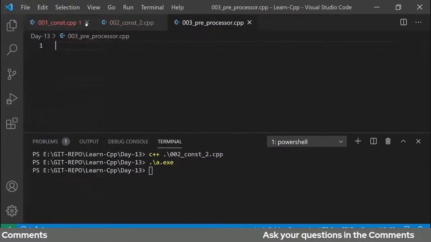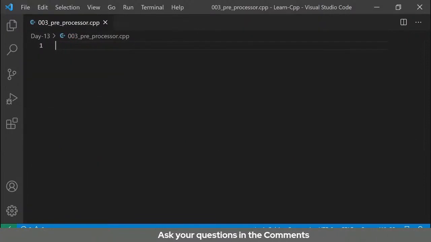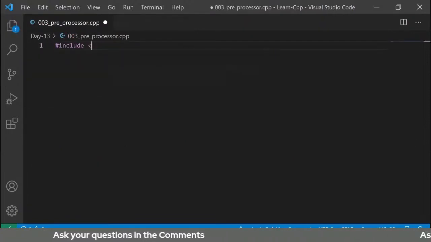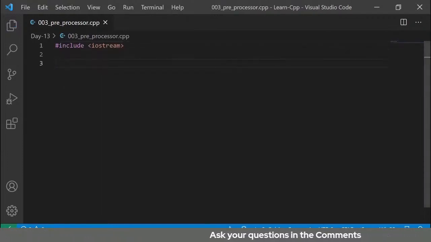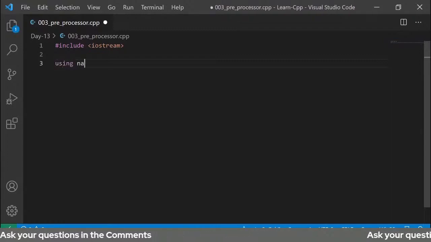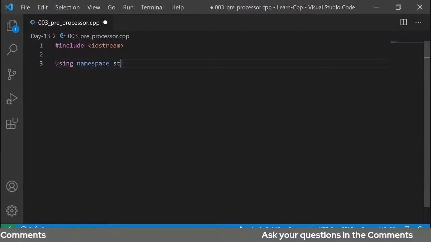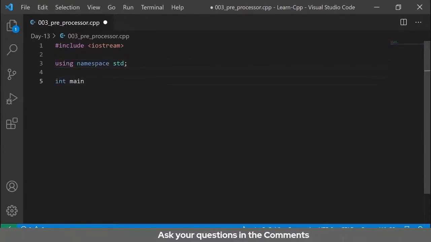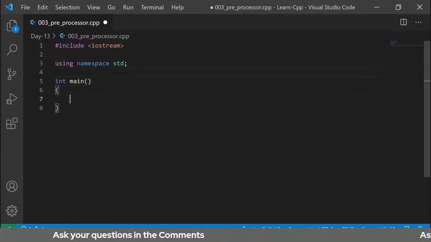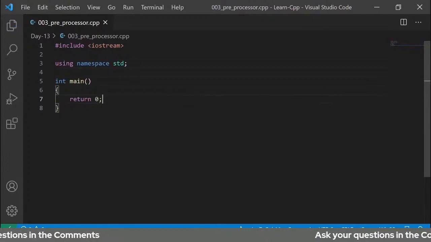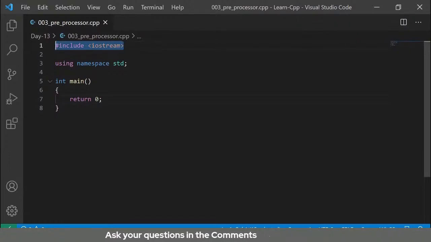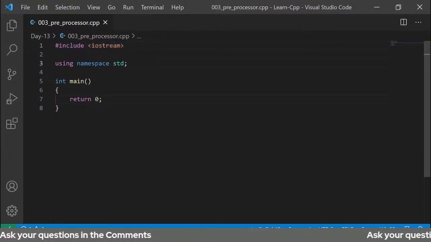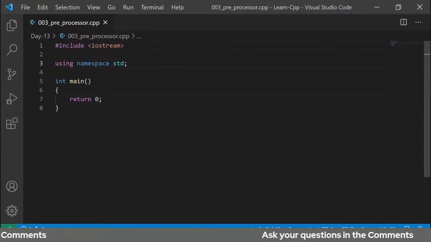अब प्री प्रोसेसर्स पे अगर हम आते हैं, तो प्री प्रोसेसर्स क्या होते हैं, जैसे हमने हैशटैग इंक्लूड IOStream किया, तो ये क्या हो रहा है, व्हाट इट इज डूइंग, and using namespace std in main, and I'm writing return 0। ठीक है, अब मैंने हैशटैग इंक्लूड करा। हैशटैग एक प्री प्रोसेसर है, तो प्री प्रोसेसर क्या करता है, these are all the instructions which are given to the